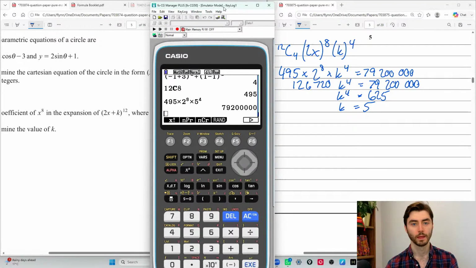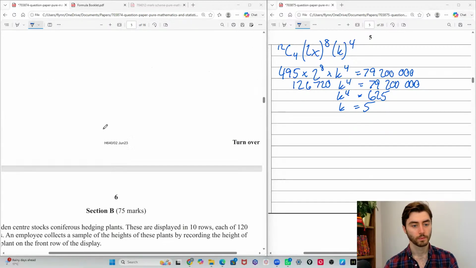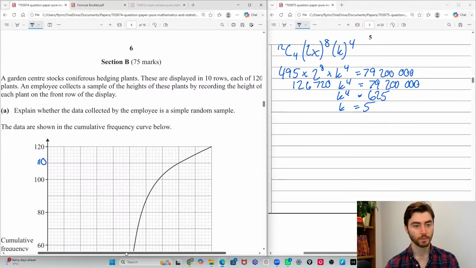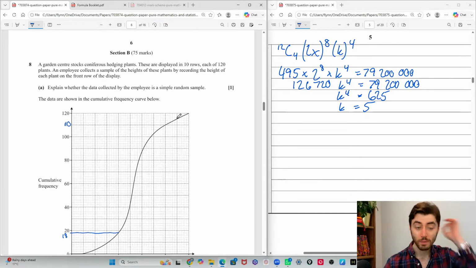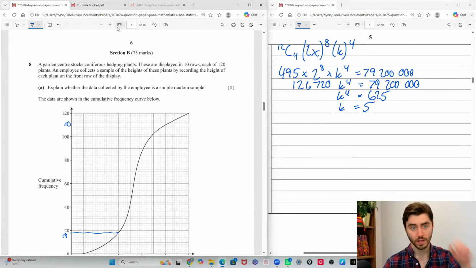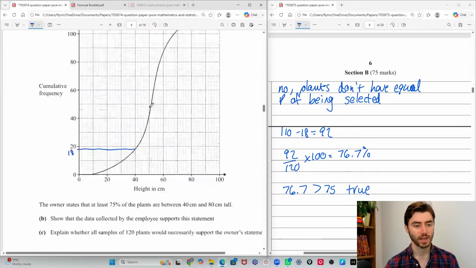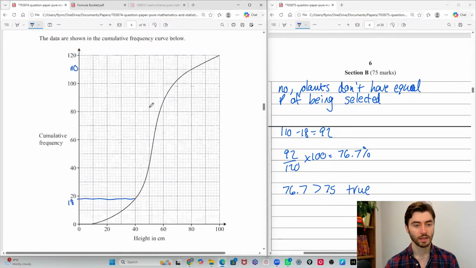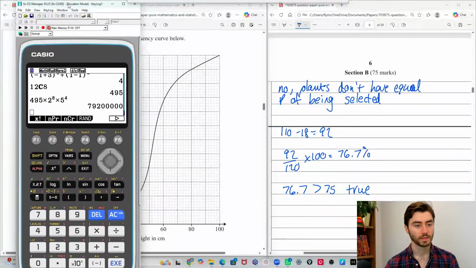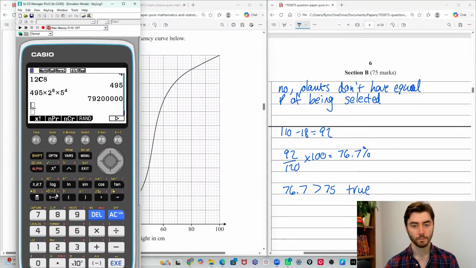Okay. Right, so then going into B, the thing about stats is it's not very checkable. So this, you can't really check that. This, you can check by saying the 110 that you get minus the 18 all over the 120